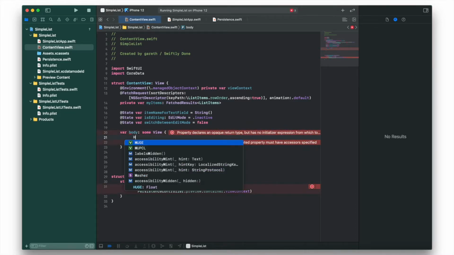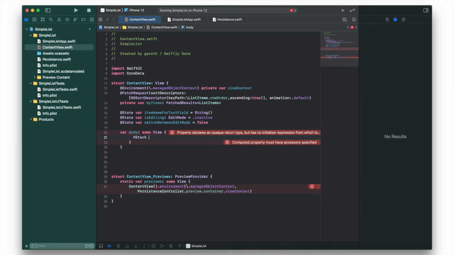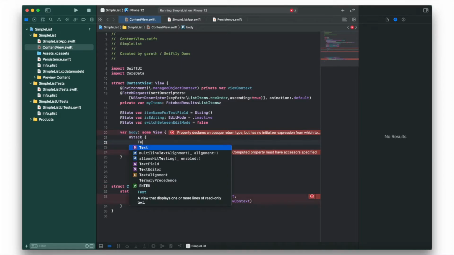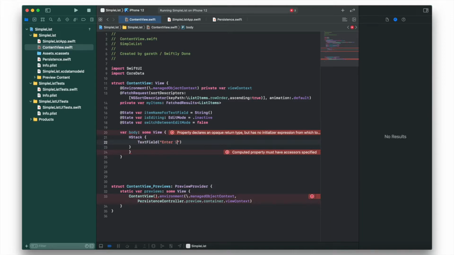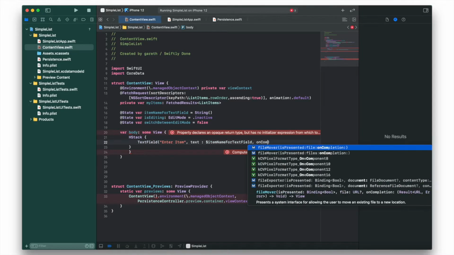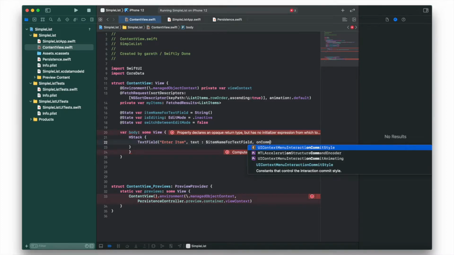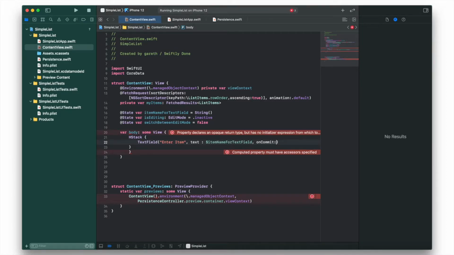So we want to put HStack, brackets, and then we're going to put TextField, brackets, "Enter item", then comma, text colon $itemNameForTextField, .onCommit colon brackets,